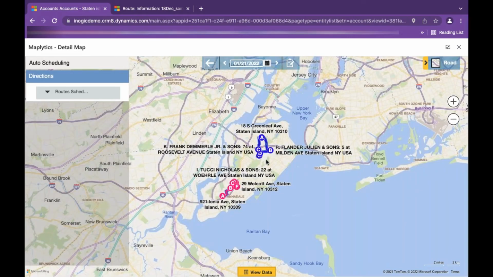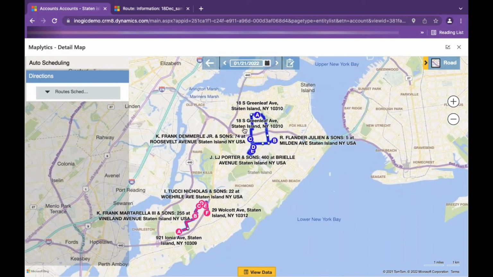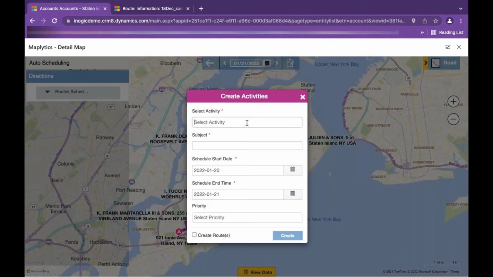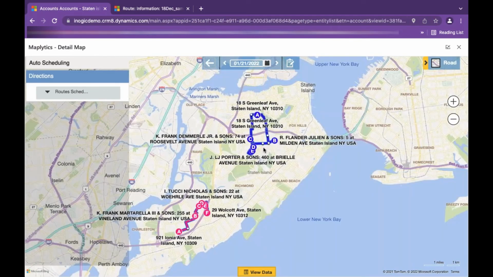So these routes and the appointments that you have just scheduled have not been saved yet, right? To save it, you can just click on create activities. Here you can select the appointments, service activities, and bookable resource bookings in terms of field service. So you can select the appointments, give the details, click on create route, and click on create. What this will do is save all of these routes and the appointments that you have just scheduled